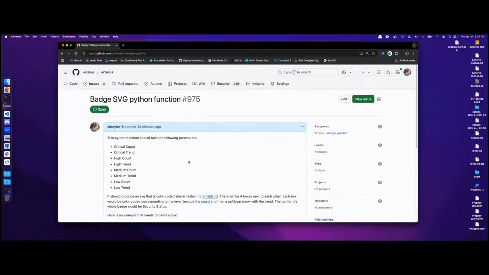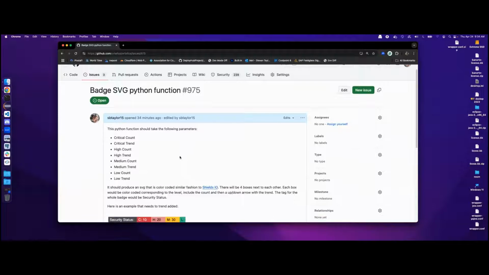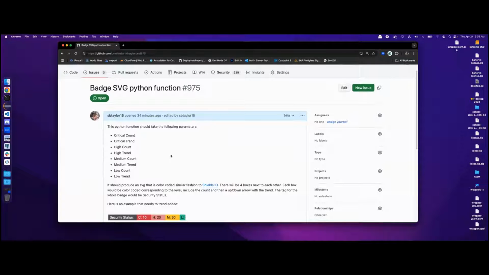The first one is a Python function. This one should be pretty easy for somebody to pick up and work on because it's totally isolated. You don't have to set up Kubernetes or anything like that to take the input. And the inputs are going to be like